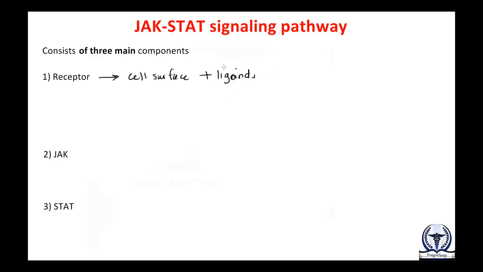Now what I like to do is I like to call these ligands, because only certain ligands bind to this cell surface receptor. In order to memorize them, I have something called TINs and TERs, right? This is TINs and this is TERs. Now the TINs would be a few different hormones such as prolactin, erythropoietin. Another one would be thrombopoietin. And another one would be leptin. The TERs refers to interferons